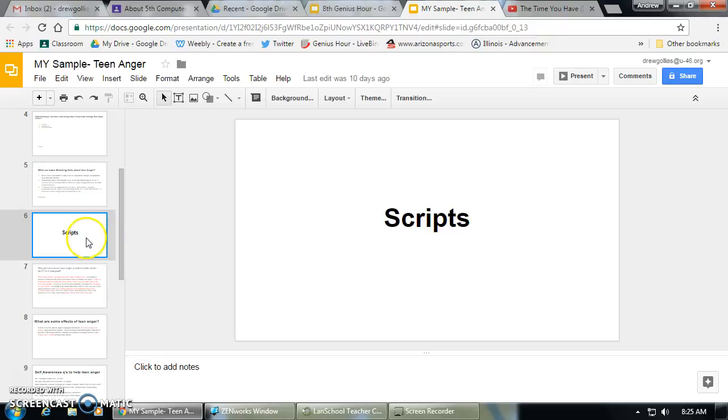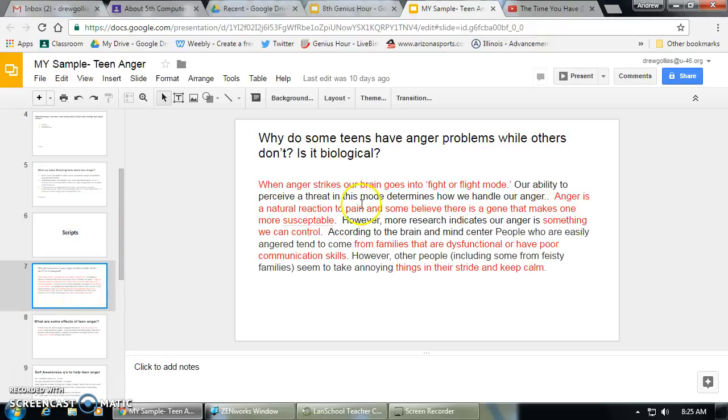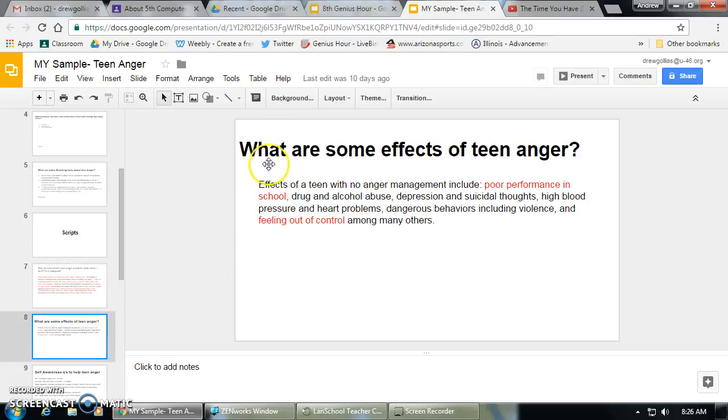I went ahead and wrote a script. So here is one of my driving questions, and I put in a script. I did the different coloring because each color change is where I'm going to do a picture change. And that was just helping me out for the images I'm going to use. And then my second driving question was much smaller, and there was really only one main sentence with this, but you could see I did the color changes again. This one's going to have 3 pictures.